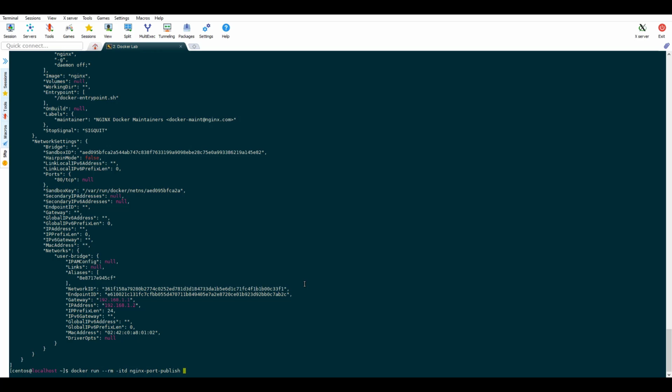This we need to provide when creating a container. In this demo we are creating a container with the user bridge network and we will publish the container port 80 to the host port 8080.